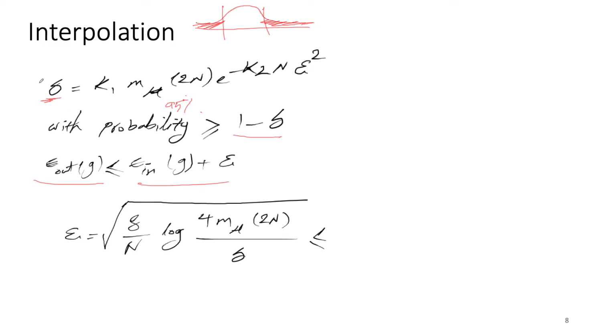You can just define epsilon from this, and then it's going to be the square root of 1 over n, the log of 4 mh of 2n divided by delta, which is equal to